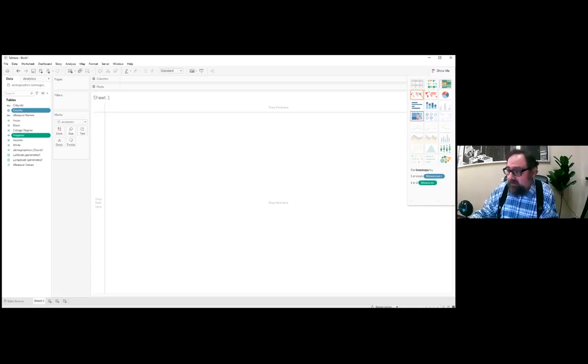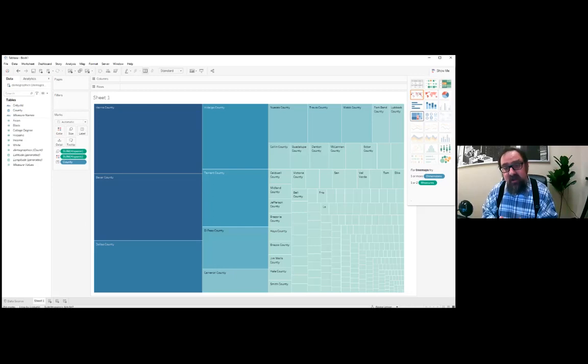The way that I know it's a tree map is if you look down here, when you mouse over, it gives you the map type and the requirements. We can see it's highlighted, so I'm going to select tree map. A tree map just gives us proportional squares and colors based on the values in it. Based on this initial attempt, we can see that Harris County, Bexar County, Dallas County,